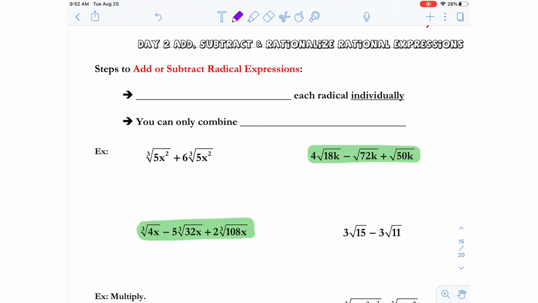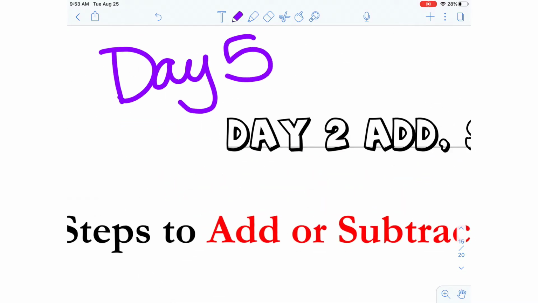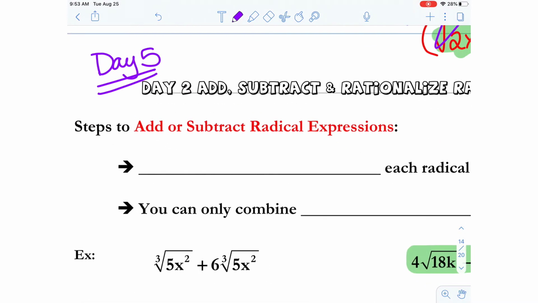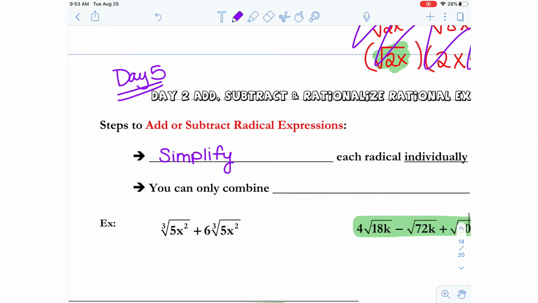Hey class, so we have to talk about our intro to day 5 of notes, which is day 2 of this section, but this is day 5 of our notes for this class, and we're still talking about radicals, but there is a lot to uncover here, so we want an intro to make things easier for us the next time I see you. So the first thing to keep in mind for adding and subtracting radical expressions is to